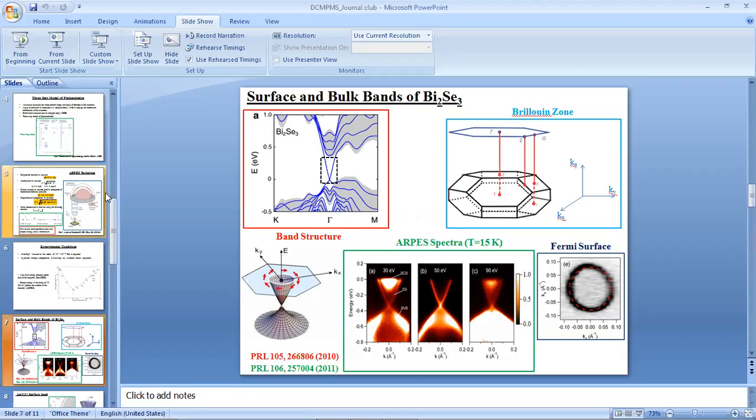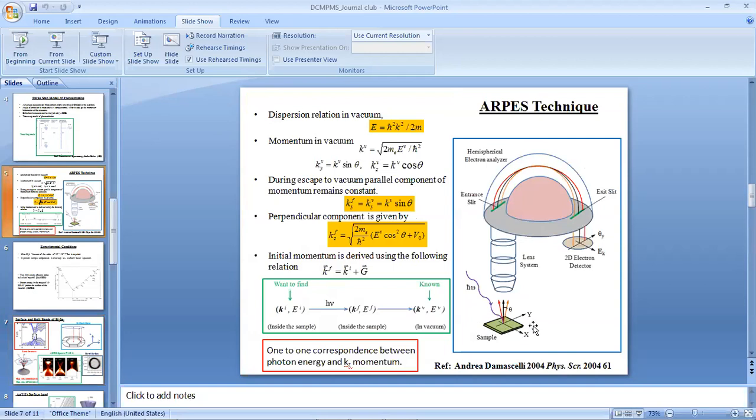Let's say this XY axis are your lab axes, and there are 3 crystal axes also, A, B, and C. Now you want to align your sample in such a way that the C axis is along this and your B axis is exactly parallel to this slit. In that case, you do the Laue diffraction, and Laue diffraction will tell you whether your sample is properly aligned.